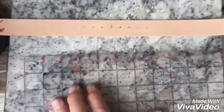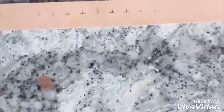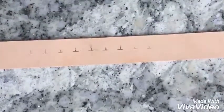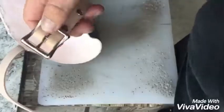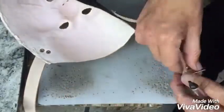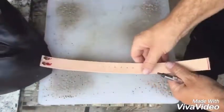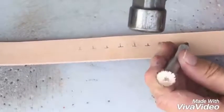You'll see I'm going to zoom in, and so you make a mark sideways and then flat, so you can kind of find the center with your punch for your holes. Okay, here we go. Use the same punch that you used for doing the center of the buckle, and punch away,